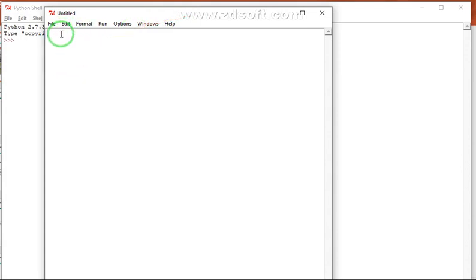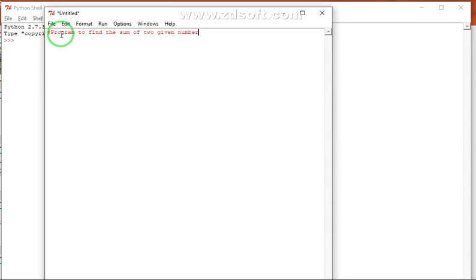Clear? So let's say my first code is, first I write the comment. For a comment we can use this hash symbol: program to find the sum of two given numbers.